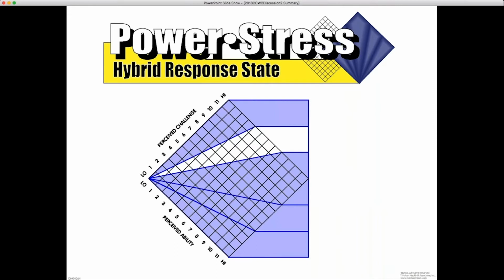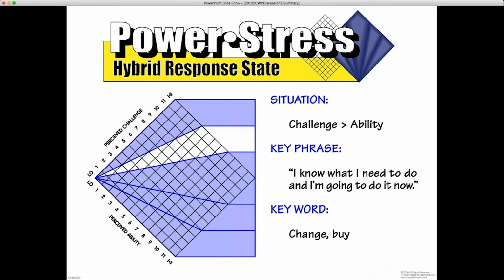Yeah, so along the theme of what Jeff was talking about in power stress, and since you're going for the positive, the potential dangers or negative, as well as sustainability in the context, the good news about power stress is it's generally a resourceful state and people are eager to solve a problem. There's good energy. They see the challenge is high, but they're feeling more in control than in the stress example where they're panicking and out of control. So people are ready to take action and they have resolve.